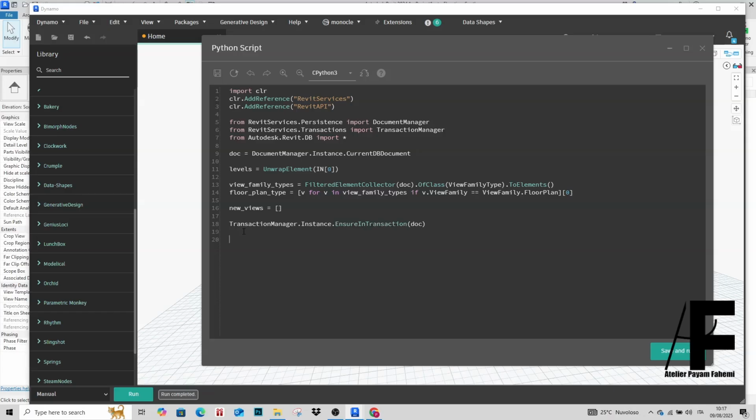Now I'm going to use a for loop command. We say for level LVL in levels, and I use try and except. Try this, which is a creation method. I'm going to name it new view,